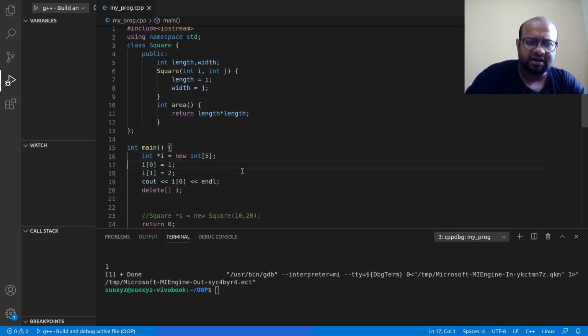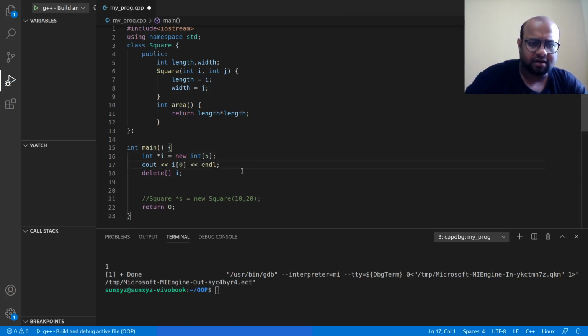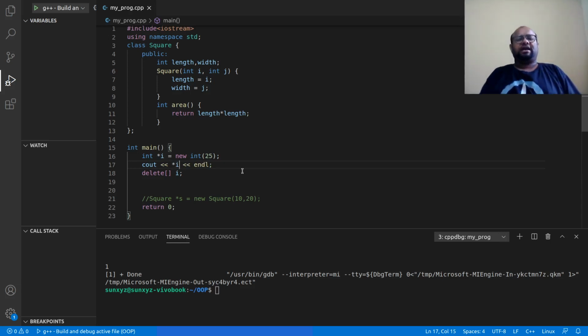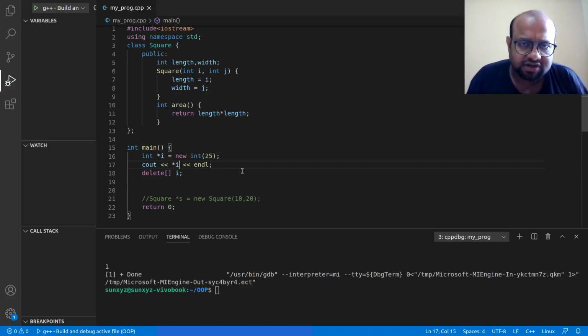Had it not been an array, had it been an integer, say this is the integer 25, not an array of integer, now it's just an integer, and I have to write star I, since I am going to get an integer. With an array, the situation is different, because the name of the array itself is a pointer, but here I have to get the value.